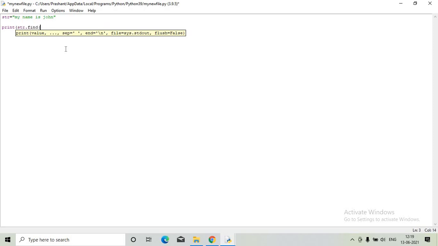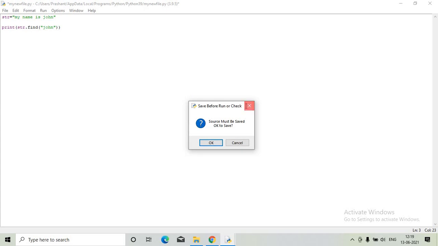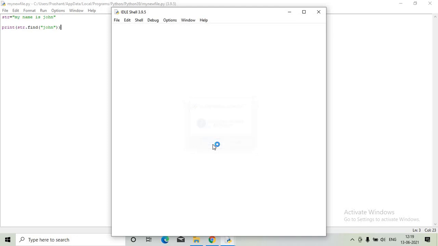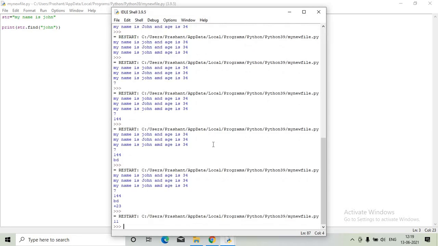What is the string that you are trying to find? This is John. Just run this and see what output we get. You'll get the index of John here. If it is present, you'll get a number, the index. This is how you can search in a string.